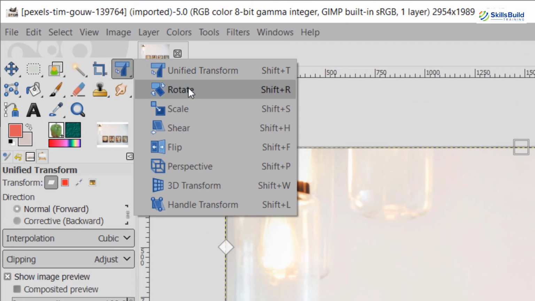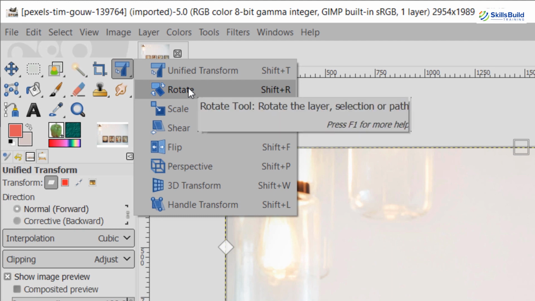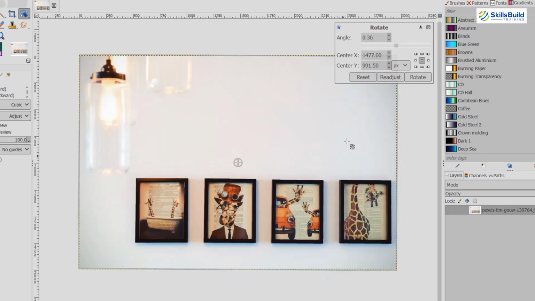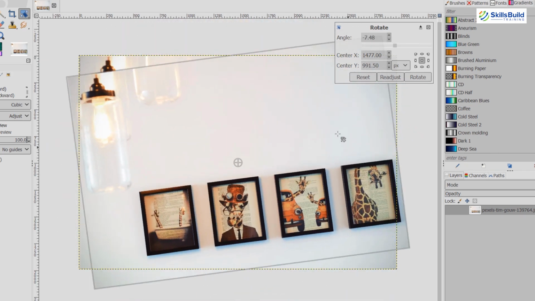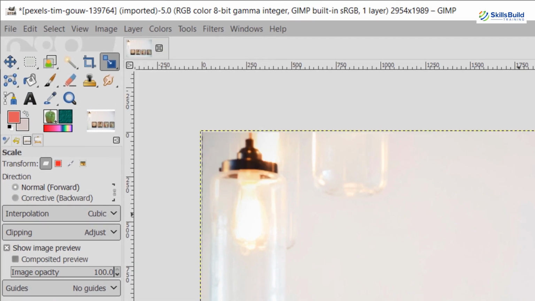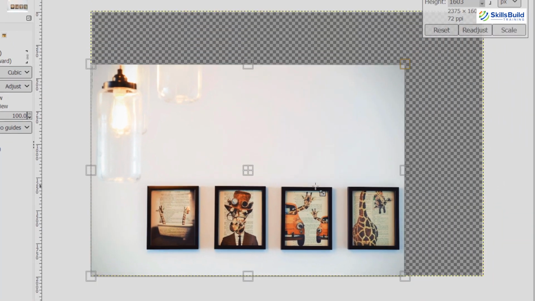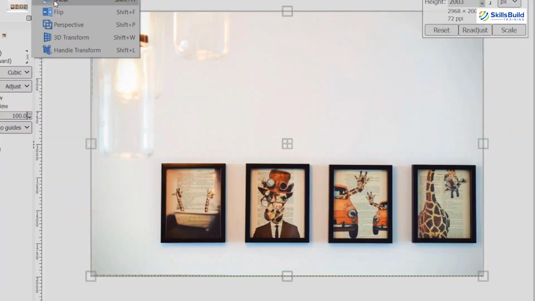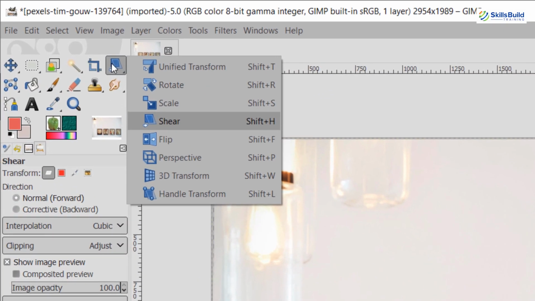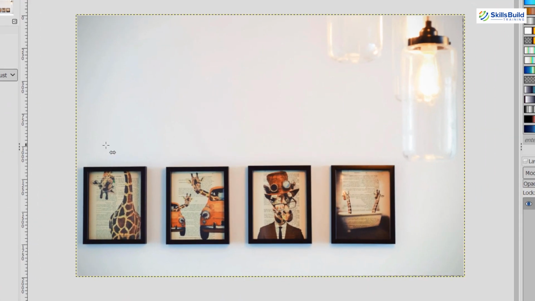Now the second option is rotate. You can use this handle to rotate the image. Here you can see, you can rotate this image. Go to the scale handle and you can adjust the size of the image. You can use shear to skew it. To simply flip it, you can use the flip handle as well.